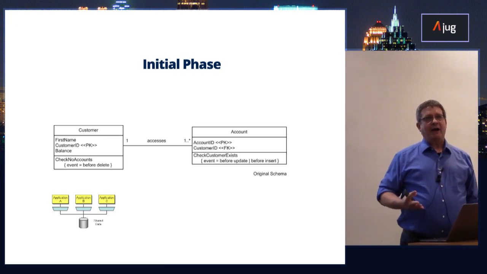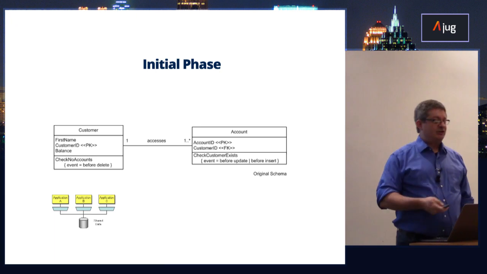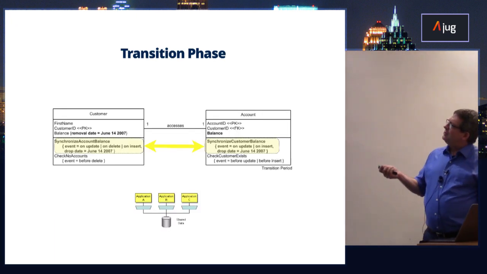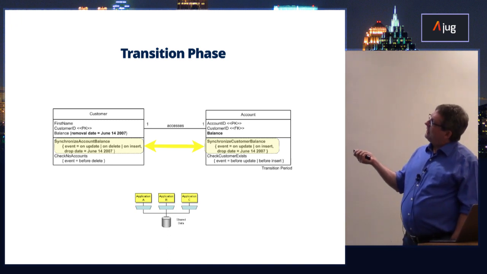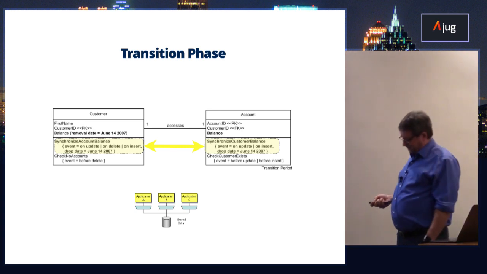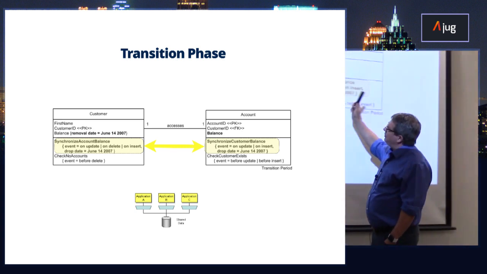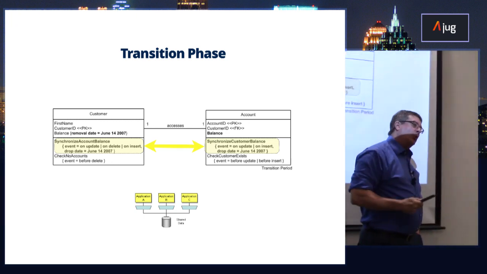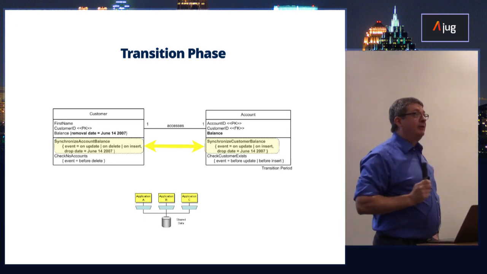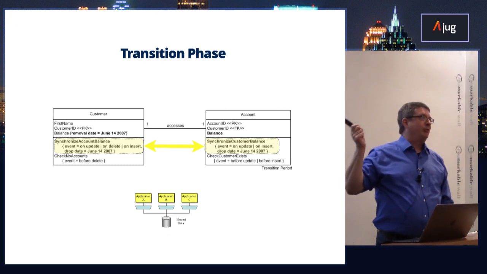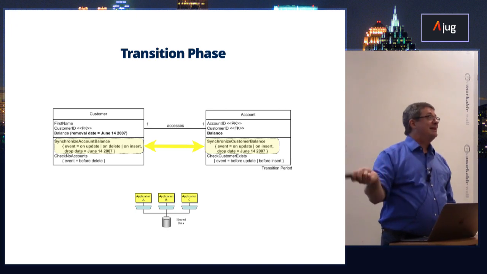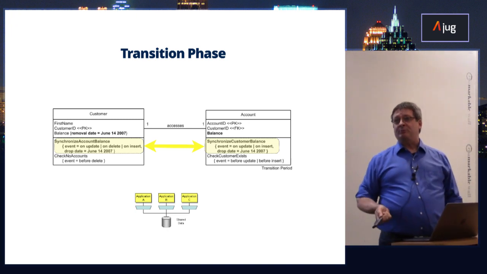Most of these database refactorings have what's called a transition phase, and this is the transition phase for this particular refactoring. So what I'm going to do is go over here and add a balance column on account on behalf of application A. Then I'm going to create a trigger so that any changes that happen over here get replicated over here and vice versa. I now support both schemas. I'm living in a world where balance lives on customer, and I'm living in a world where balance lives on account, and I can live in this world as long as I need to until I resolve this experiment and